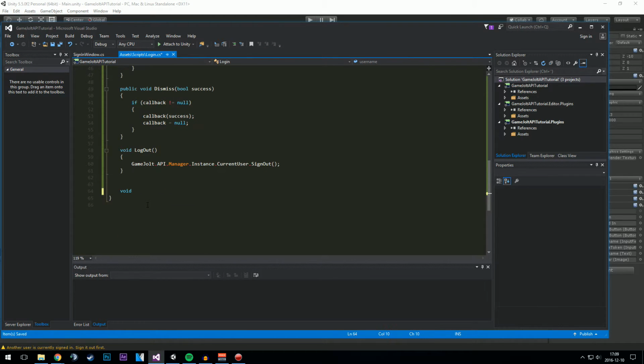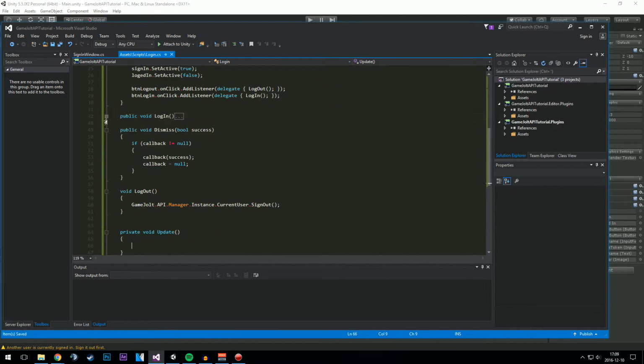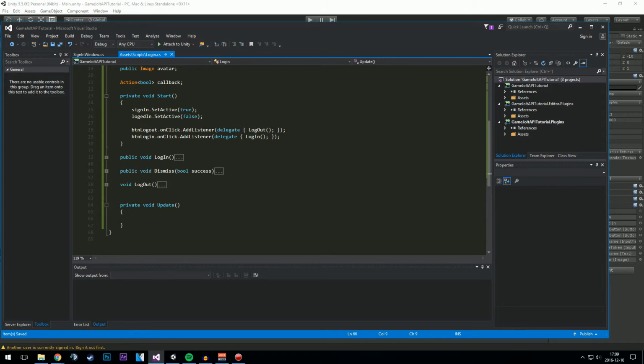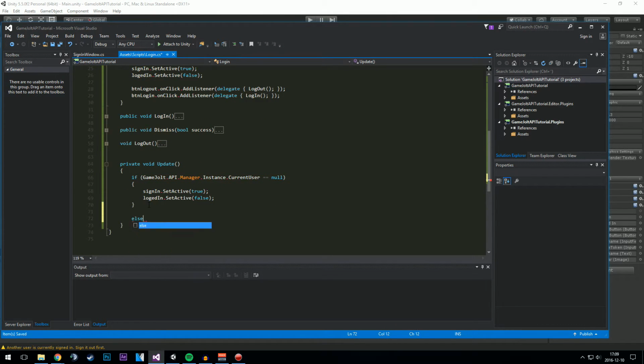Now I'm just going to add void update. Just going to add this. I'm just going to put this a bit down. So in here I'm just going to say if GameJolt.api.manager.instance.current user is equal to null, then we want to show this, else it's going to be false and it's going to be true. So if I'm doing this now,